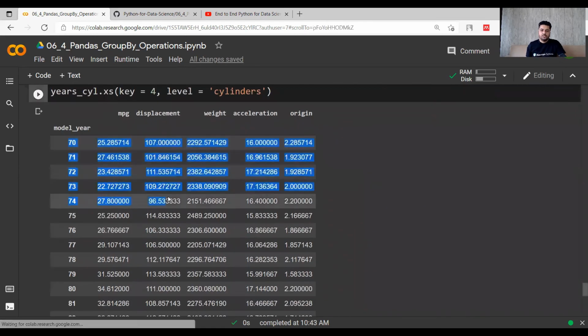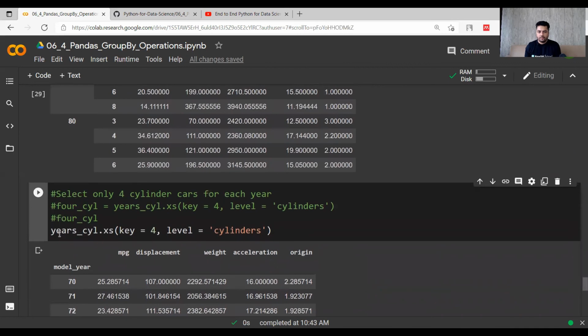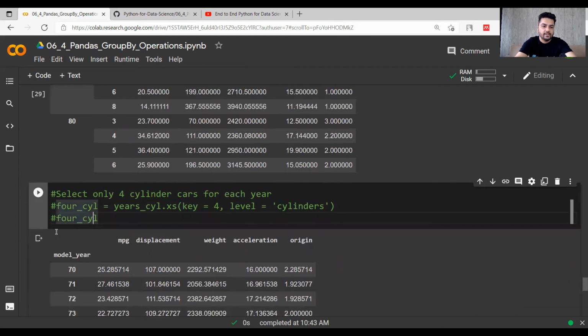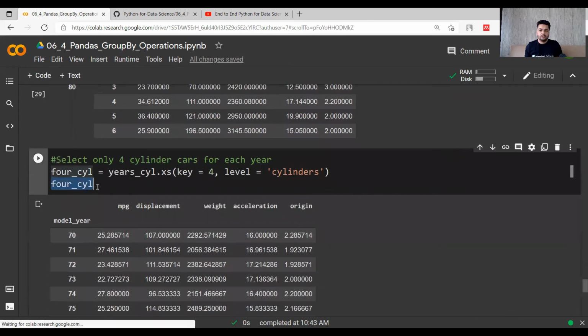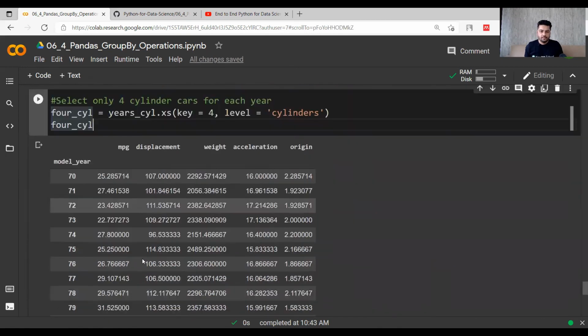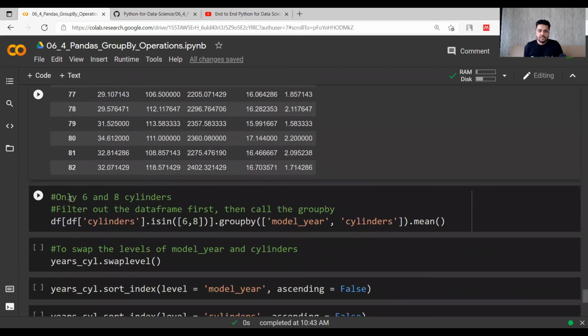We are not sure just by looking at this data which number of cylinders are being talked about. So just to avoid the confusion, we can name these things as 4 cylinder. So when you look into this data, you will know for sure that it is 4 cylinders over the number of years.